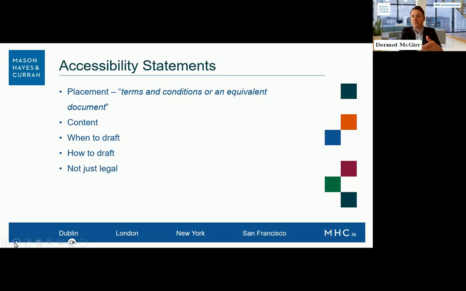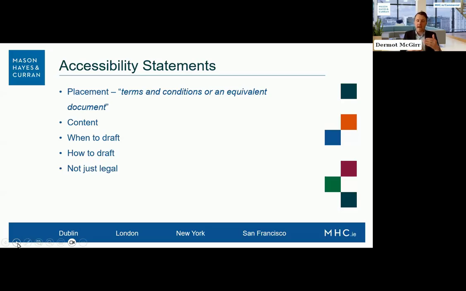And there are various options. Does it go in your T's and C's? What is an equivalent document? If you put it in your T's and C's, what does that look like? That type of thing. And there's a list of options, and there are pros and cons to each from a compliance perspective, but also really importantly from a practical perspective. And this is the point that I'm seeing a lot, that for some businesses updating your T's and C's is a big undertaking and actually only happens every couple of years. So I'm seeing some businesses where practically they can't make amendments to their T's and C's, so they're having to look at the equivalent document, the alternatives and that type of thing.